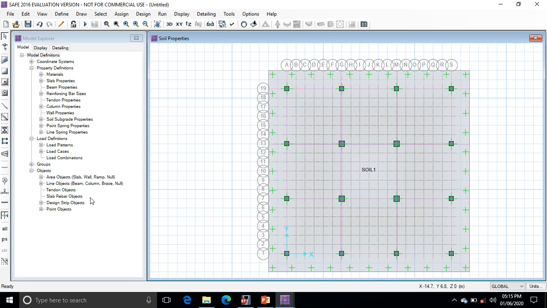Then go on to adding the load on column, that is dead load and live load.